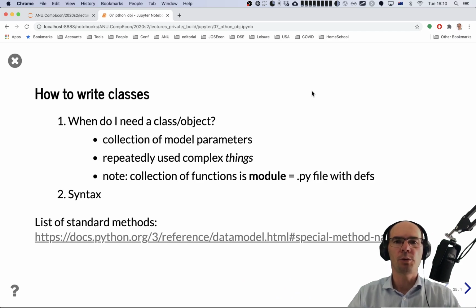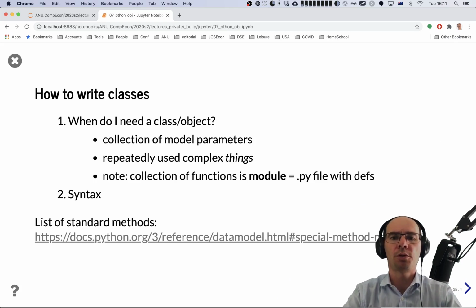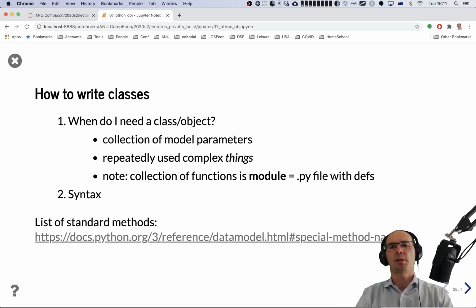So finally, how do we make objects? How do we write objects? Well, we've seen the example with Fibonacci series already, but let's also look at a couple of more examples of how to write an object and when to use them. So when should we use objects in economic modeling? Well, it turns out to be very helpful when we want to store parameters of the model. And the reason for that is that